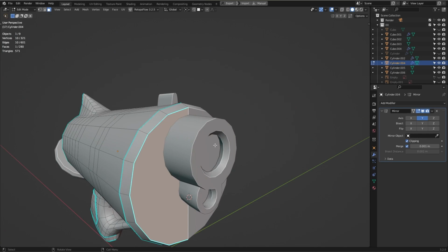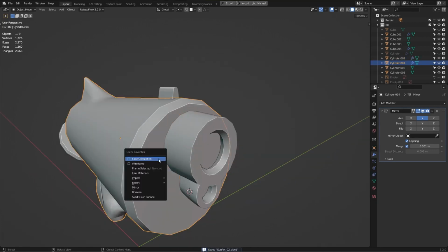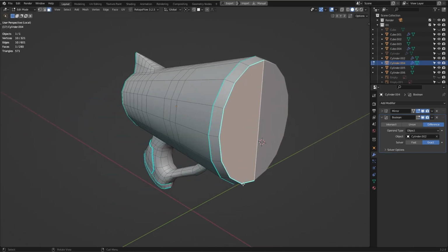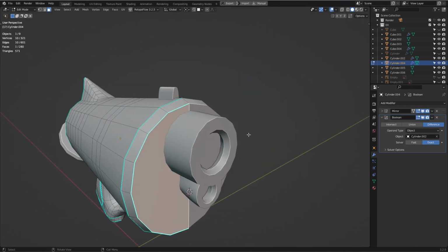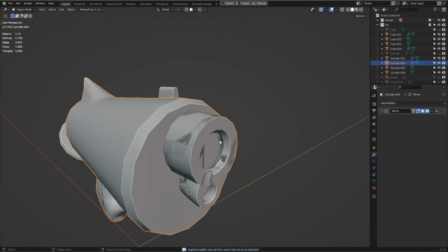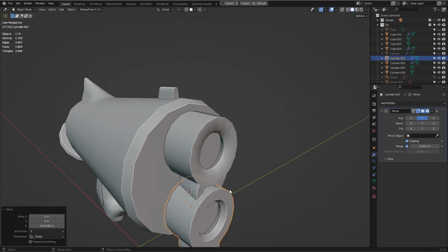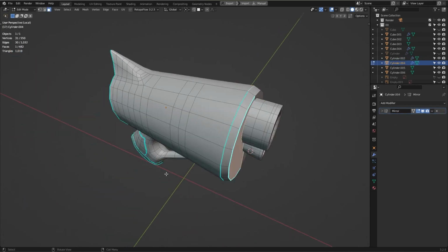Now, how can we do this? Probably I'm gonna be using a boolean, but let's just save this. Boolean, this guy, and yes, I want the difference. Now let's see how does that look. Yes, exactly how I want. Okay, bring this up, isolate this,